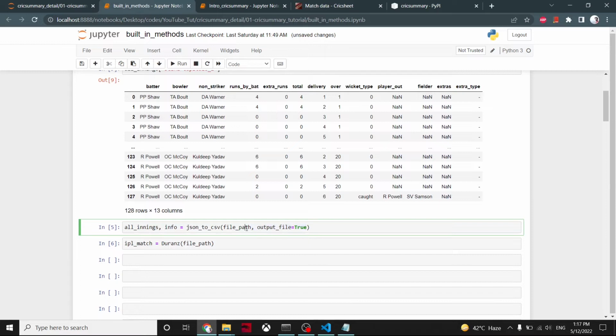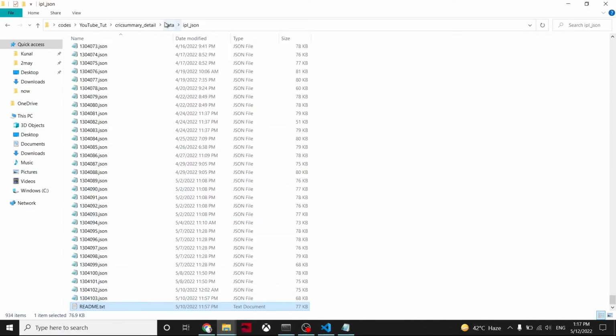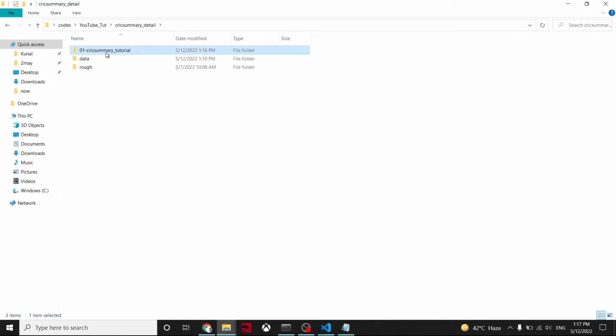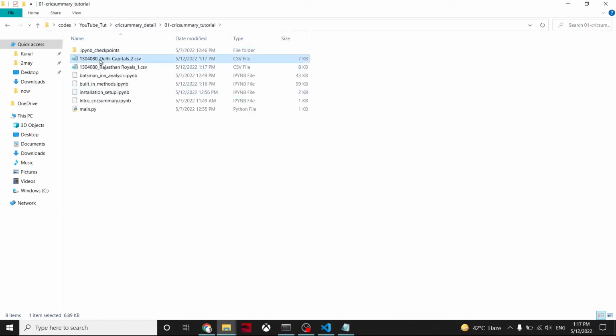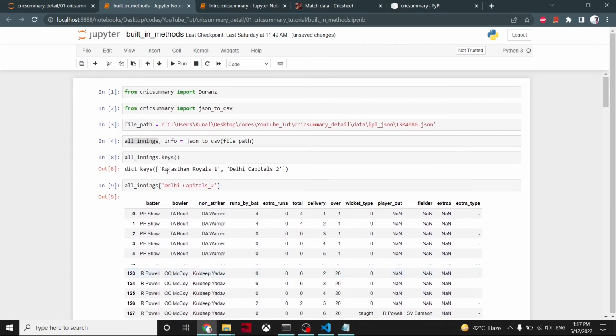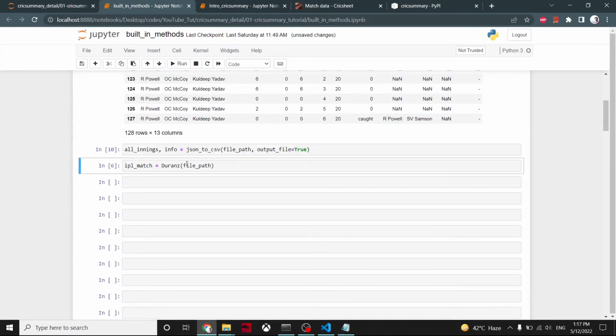If you want to export it into a CSV file, we have output file equals true. This parameter we have to pass. If we run this, we'll check in the directory that we have already opened. We'll find two outputs of these CSV files. Here, the serial number, the team, and the innings. So this is how the name of the CSV file is structured. And now, we have already talked about converting JSON to CSV. Next thing is this,